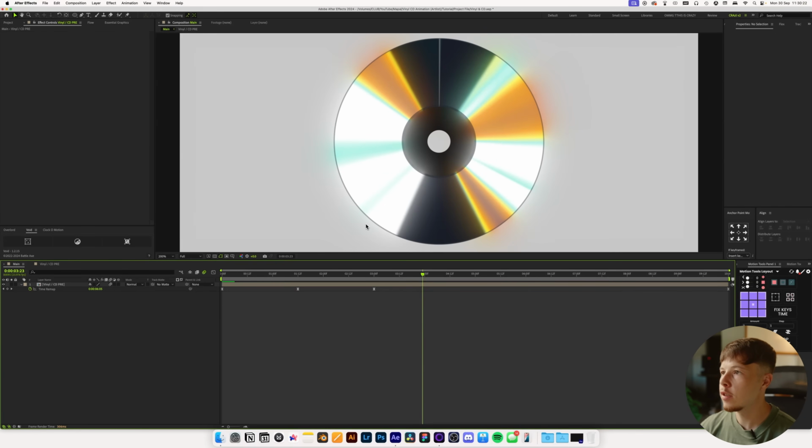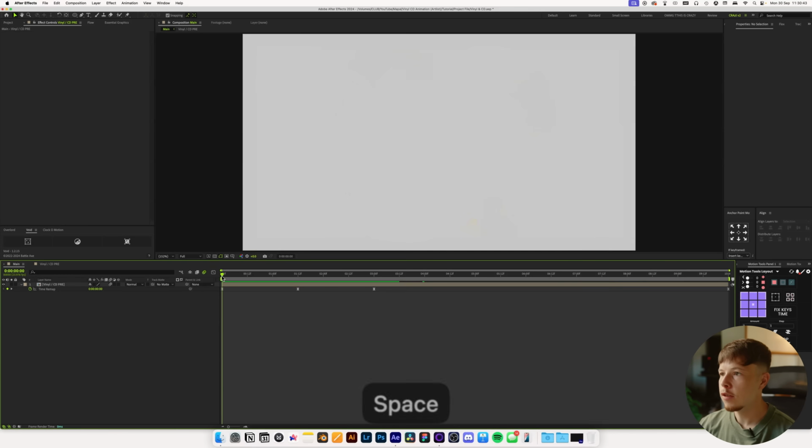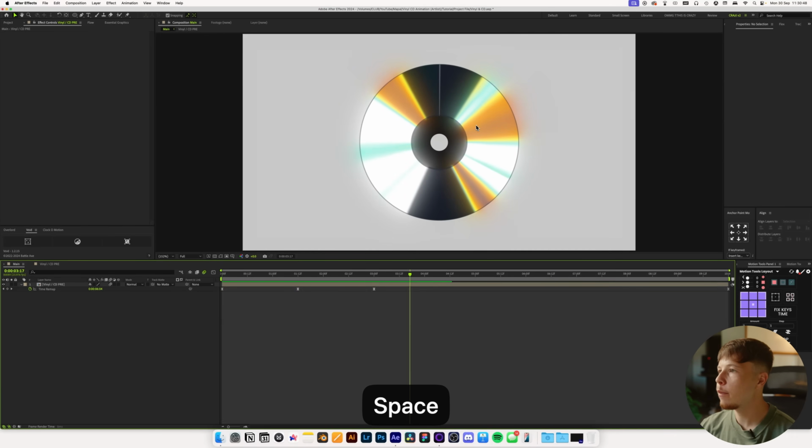Going back into our main composition here, we should be able to see a nice little gradual easing out. So playing that back, we get a nice little bit of glow. Nice and vibrant, super sexy. I love this little spill that's coming out here. And that's pretty much it for the CD vinyl itself. Now we can add the background, which is super easy to make actually, and it's just gonna add that little bit of flare as well